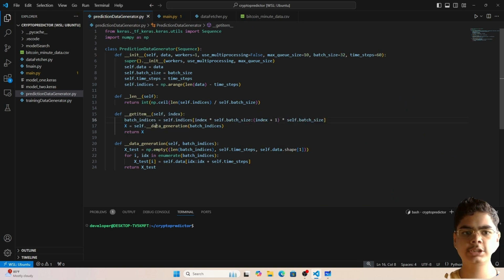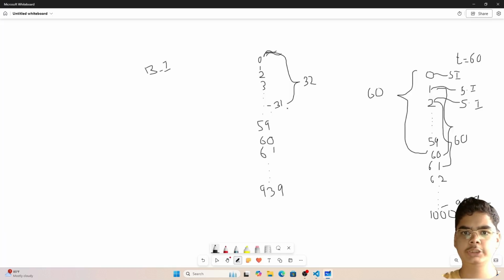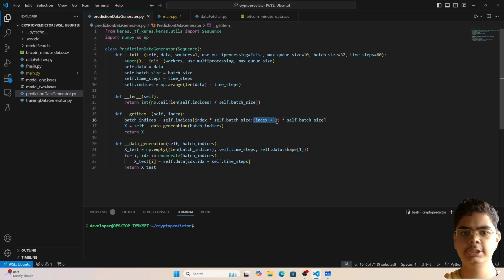Now let us say for the second instance, this method is called again, but when it is called again, this index variable will no longer be 0 and it will be 1. So now when it is 1, the starting part will return 1 into self.batch_size, so 1 into 32, which will return 32. Let us say that here we have 32. This will be our starting index, and the ending part says index plus 1 into self.batch_size. So 1 plus 1, that is 2, into 32, which will return